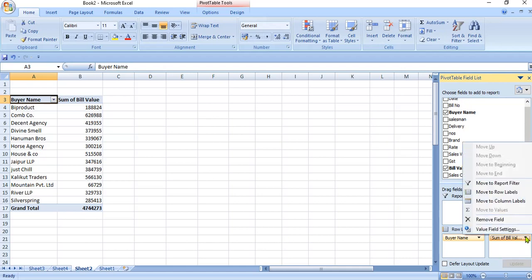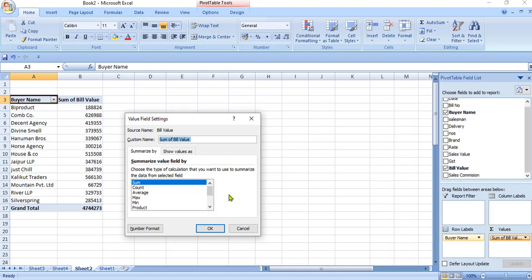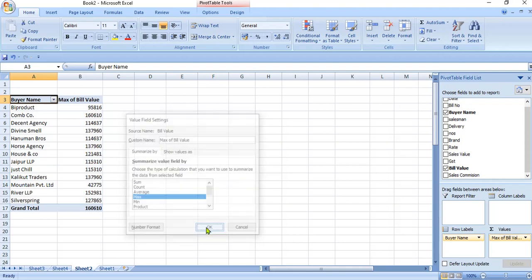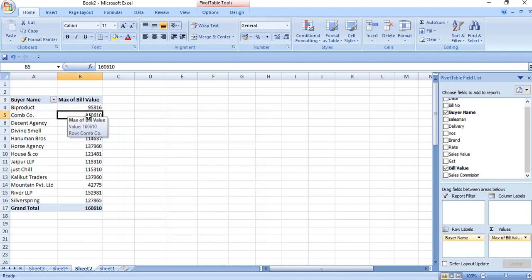Now with the help of value field setting, we will change it to max. Now just look at Comment Company. 1,60,610 is the maximum amount of bill which was raised during this period.